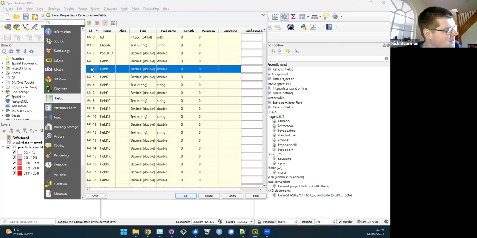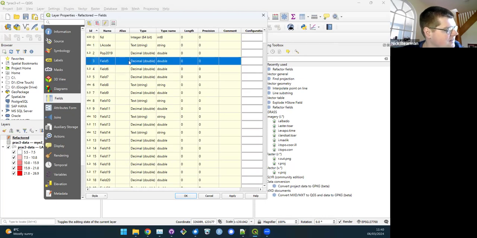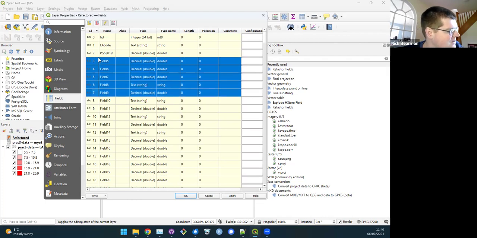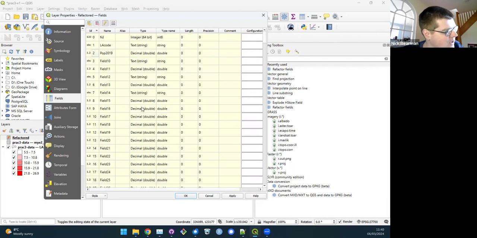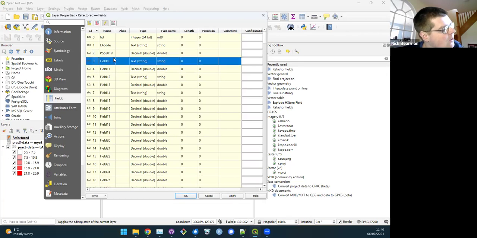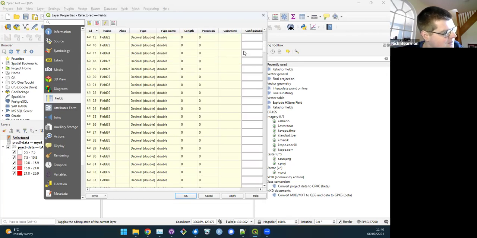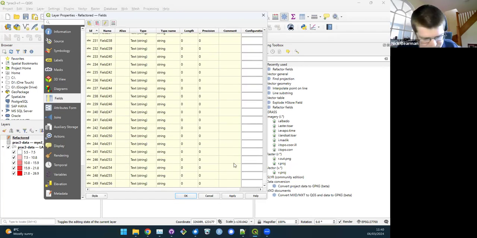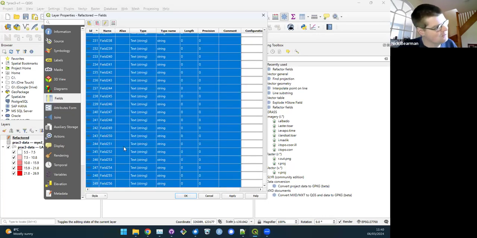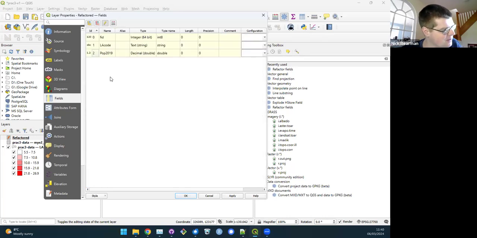There we go. So we have to select first. So you can select them individually. You can hold down, select one, hold down Control on the keyboard and select individual ones like that. Be Command if you're on a Mac. Or if you select the first one and scroll down the list to the bottom, hold down Shift, the little arrow on the keyboard, that will select the whole range and we can then delete those columns. Now it's thinking about it for a little bit, it's doing quite a bit of work,